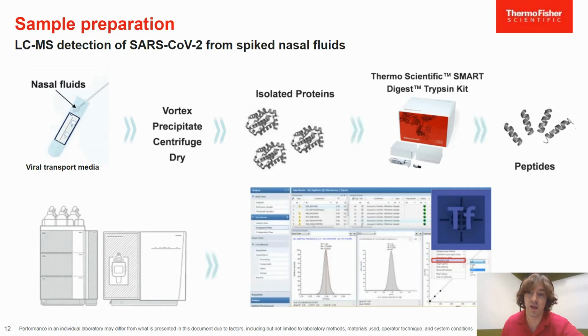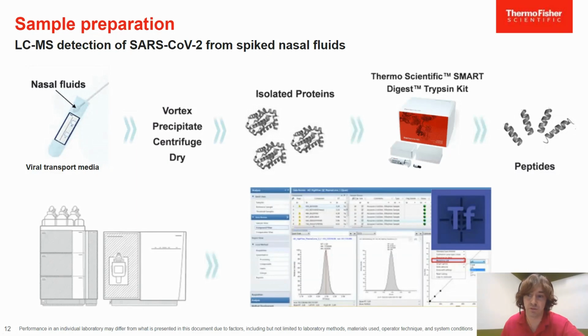nasopharyngeal swabs and incubated in viral transport media. This was just to mimic actual sample collection as closely as possible within our lab, where we weren't able to use actual real samples due to health and safety. Samples were then vortexed, precipitated with ice-cold acetone,